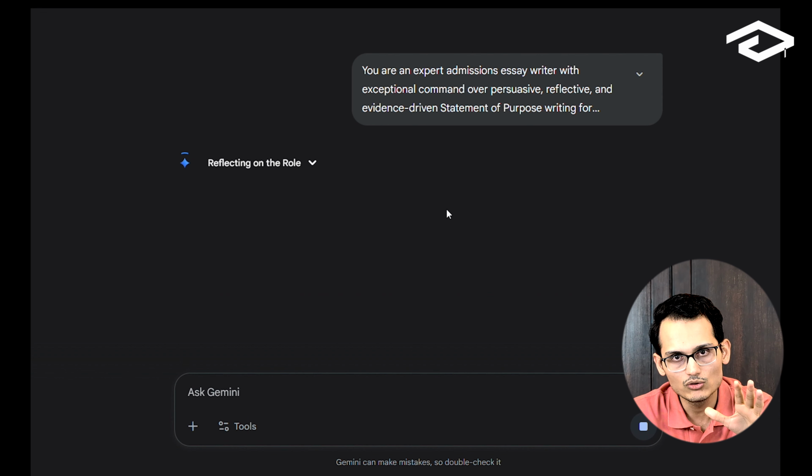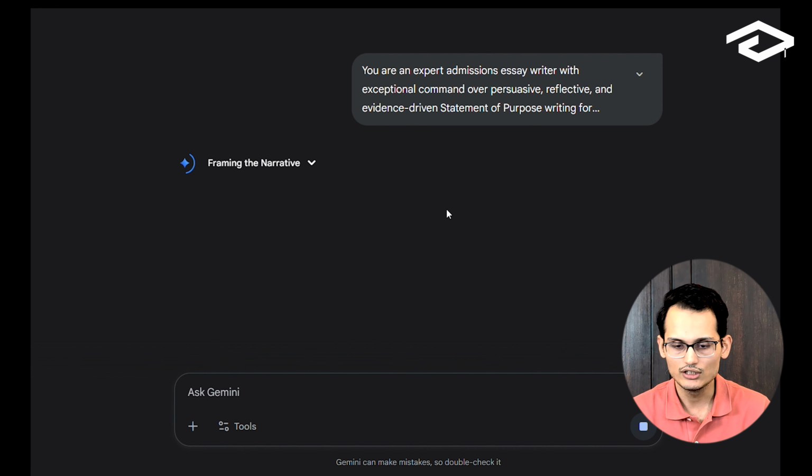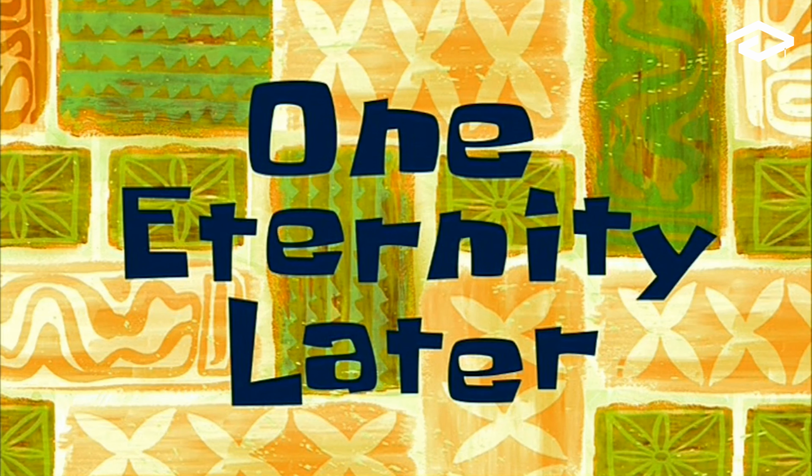So I'm again going to go ahead and feed this information into Gemini now. One eternity later. Okay, so now I have the Gemini SOP with me. It's actually pretty close to ChatGPT. It's done better in some regards and it's done worse in some regards. So let me first